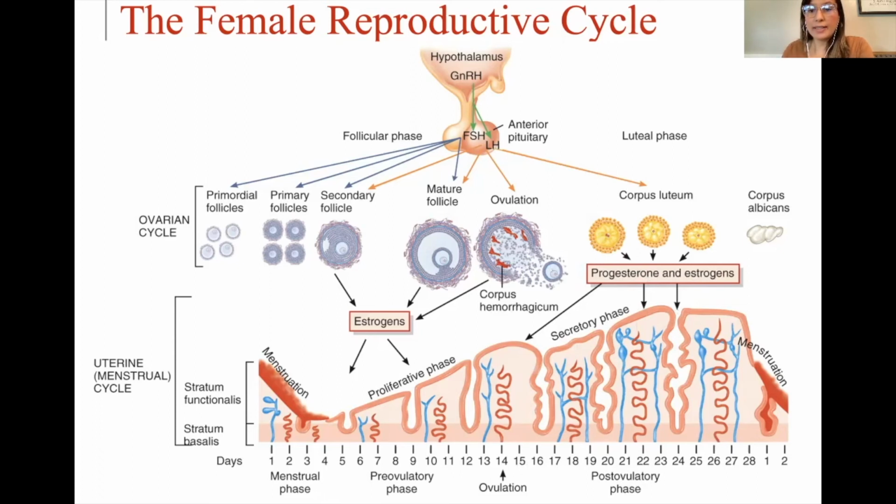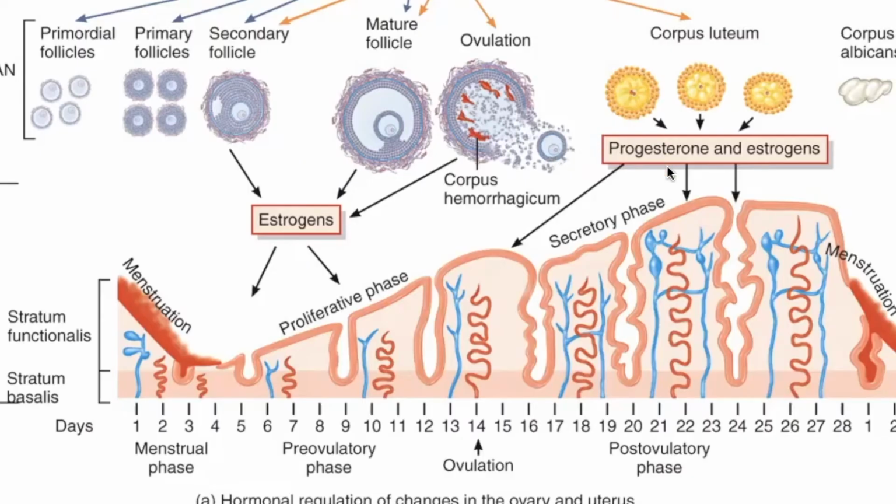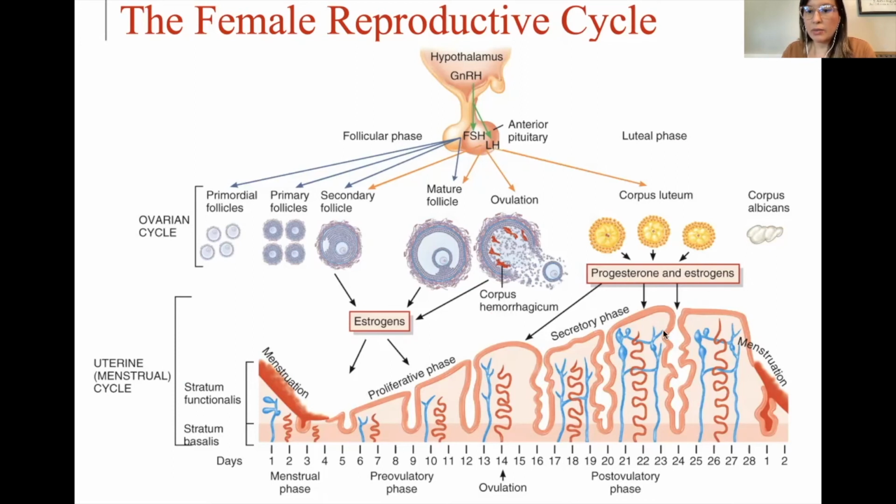Now that fertilized egg has to go implant into the stratum functionalis, right? This is the stratum that is going to be implanted into. So progesterone and estrogens allow the uterus to receive that egg for implantation, correct implantation, and to grow the cells